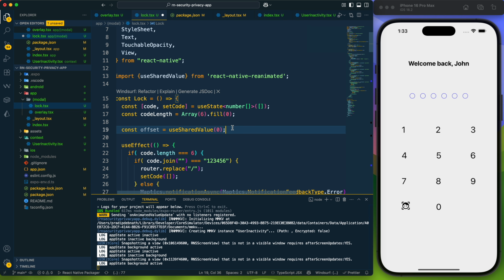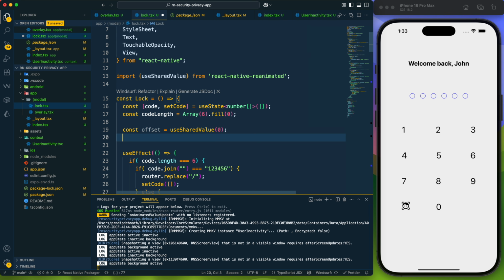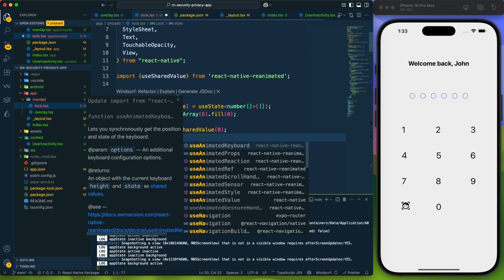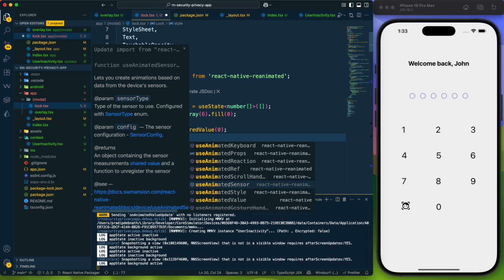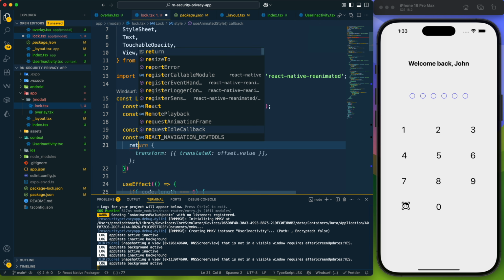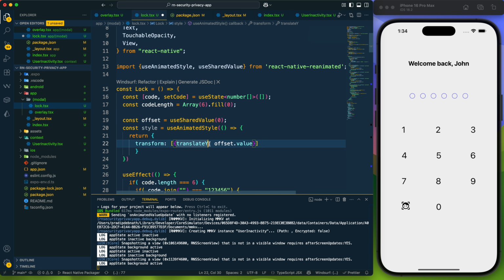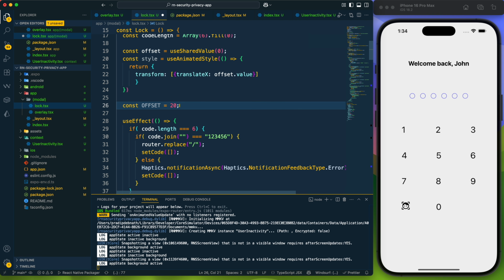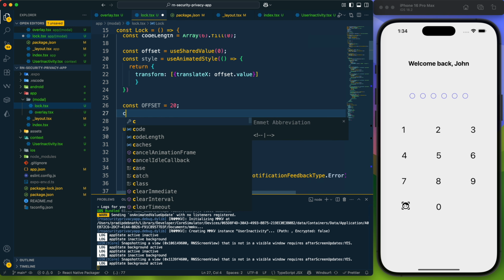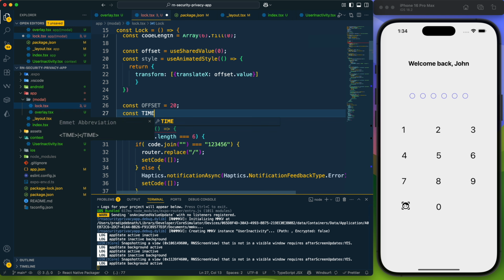So this is the useSharedValue, and with that I want to create a style, and it would be useAnimatedStyle. For this style I would return transform translateX, because I want to provide a horizontal shaky movement. So that is the animation, translateX. If I want to provide the vertical, then it would be translateY. Now I want to create this offset constant, and then create another constant for the time duration, which would be